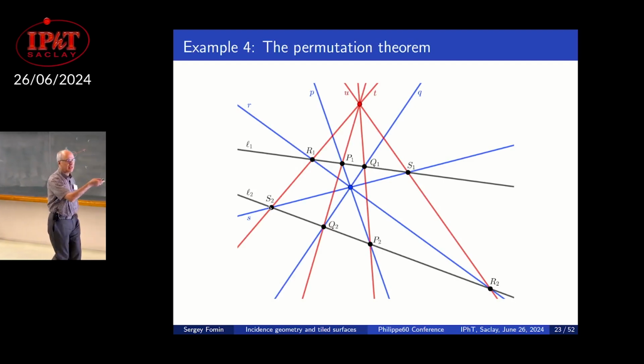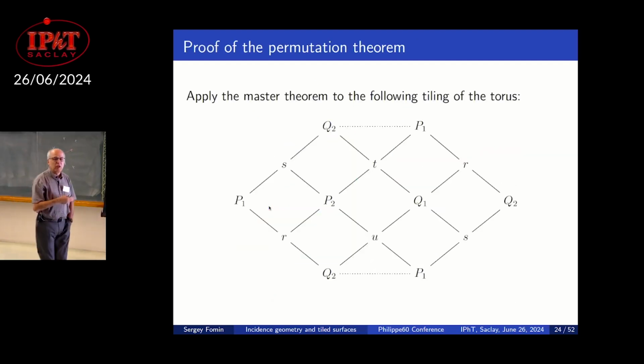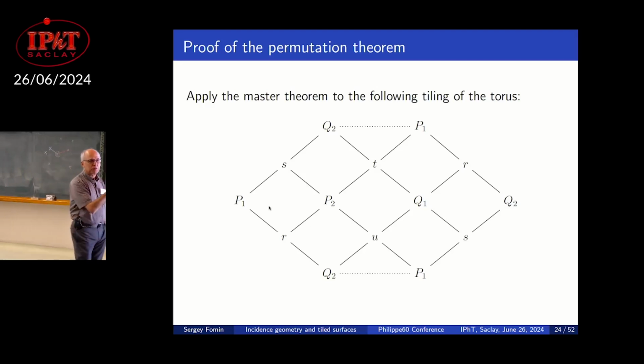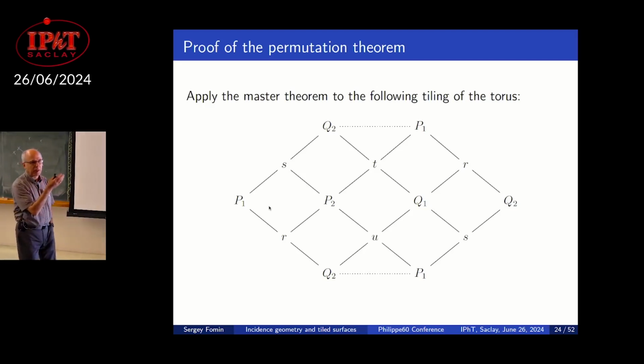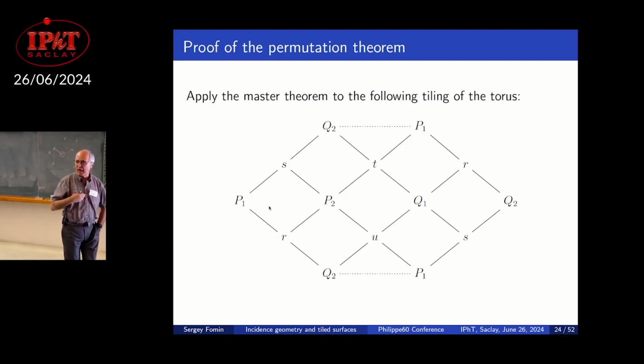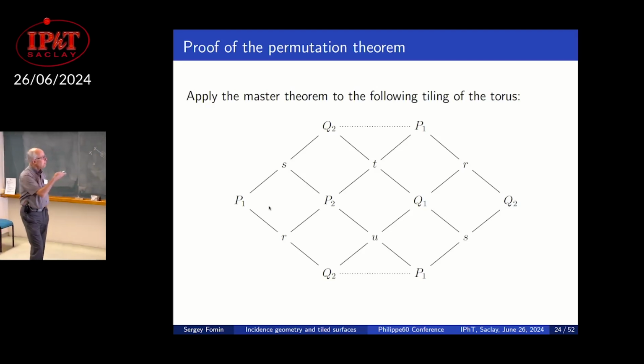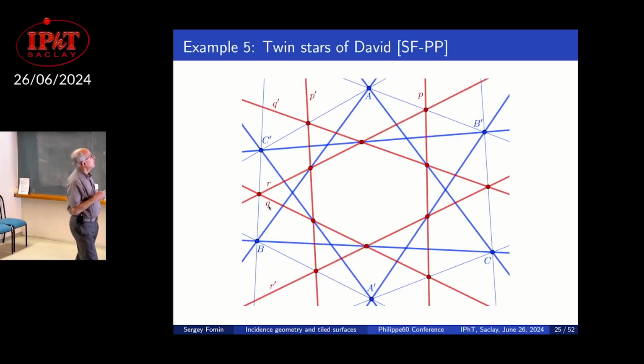Permutation theorem, this is another famous theorem, and the proof comes from this tiling of the torus. So again, you don't have time to check any of this or even absorb the statement of the theorem, but I can mail you the slides, or maybe they will be posted. It's also in our paper. You can go home and check that I'm not lying, or else sue me. Okay, so that's how it goes.